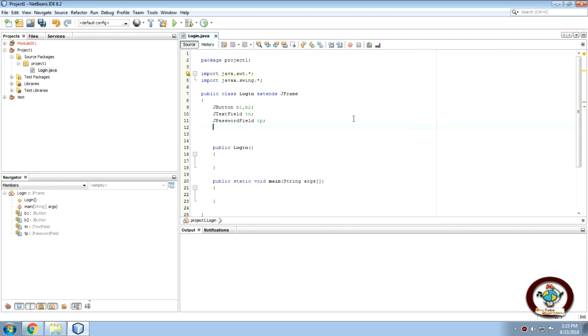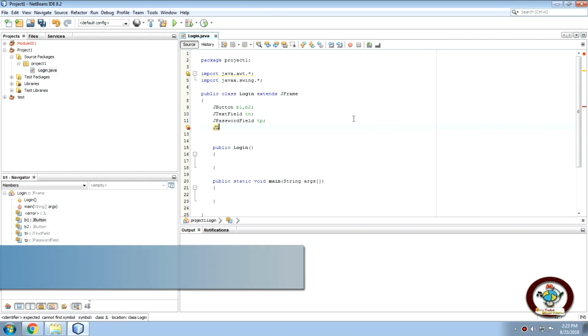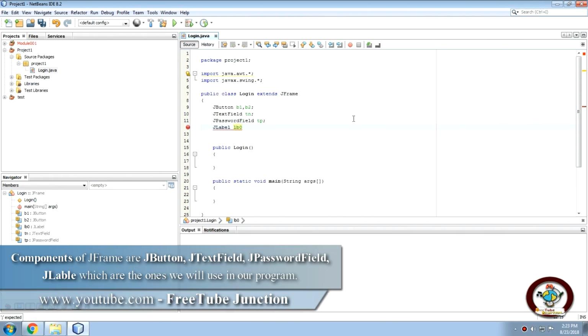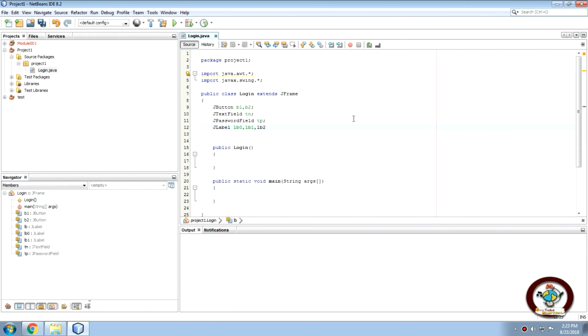Then finally we'll create some labels, JLabel. LB0, I will name this. I'll create the second object as LB1, followed by LB2, then finally LB3, then termination sign. Here we have declared our components, and now before we instantiate these definitions, first we need to create our container and our layout